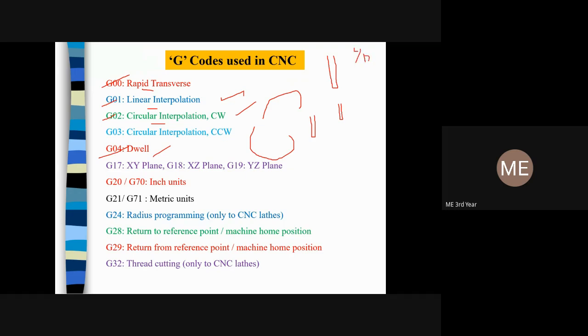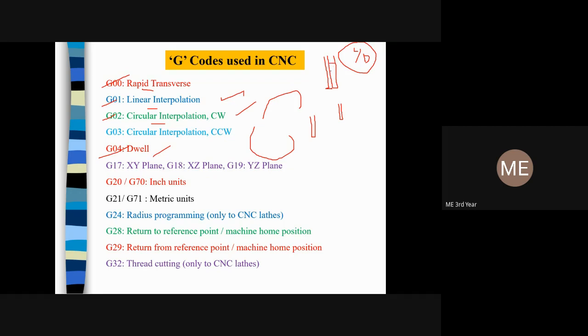What is L, what is D? L is nothing but the length of the hole, and D is the diameter of the hole. So if the length of the hole is very high compared to the diameter, that is, when the L by D ratio of the hole is very high, then in one pass